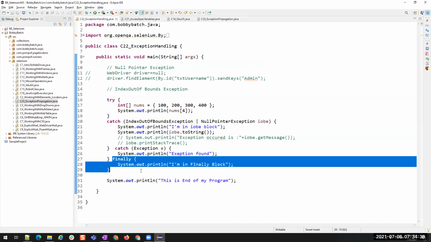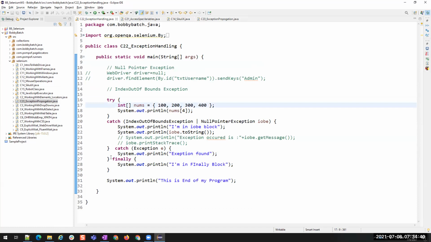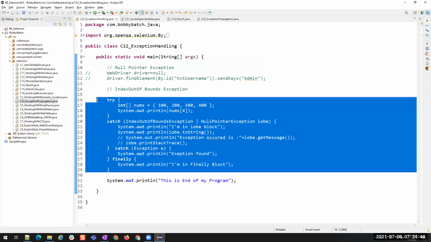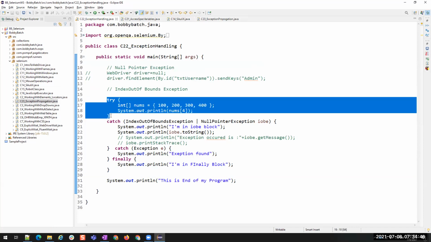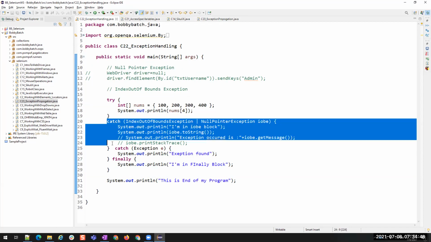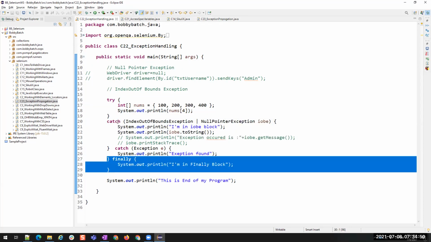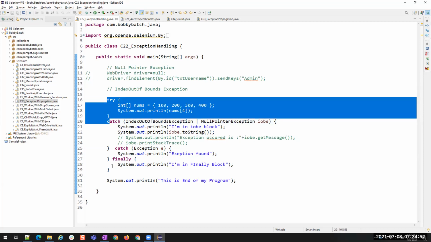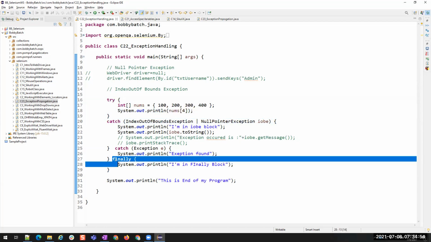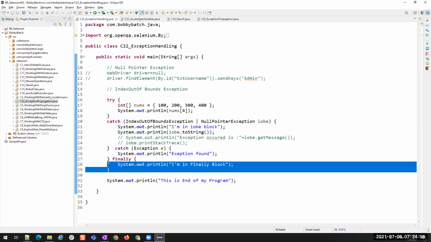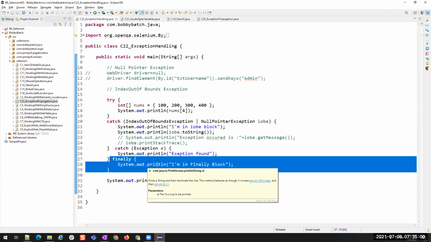By default behavior of Java, you cannot skip the finally. It will definitely execute if you have it here. So you are going to execute a try. If there is an exception, then it will go to the catch block and then finally. If there is no exception, it will execute the try block and then finally block. So there is no situation where finally is not executed. That is where the interviewer will check your knowledge.